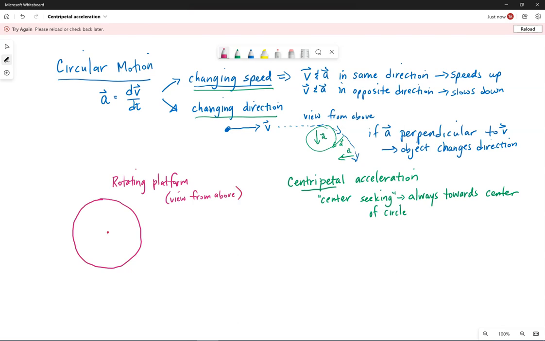The center of the platform is right there. I'm going to draw a line. Pretend that was nice and straight. If I put two objects on this platform, it doesn't matter what these objects are, just two small little masses, maybe. And if we get this platform rotating,